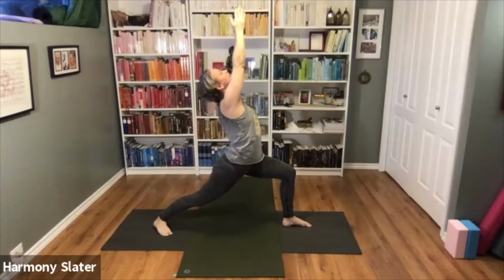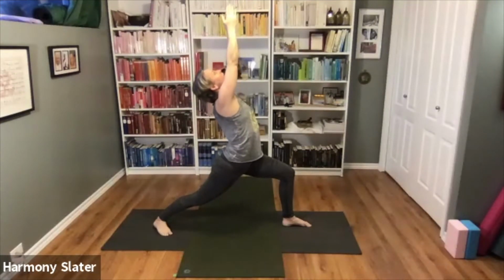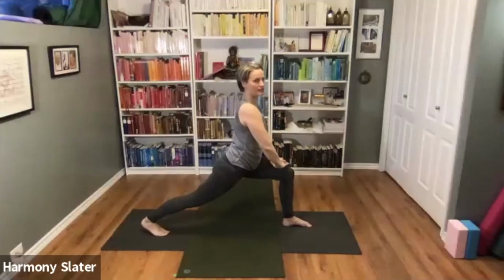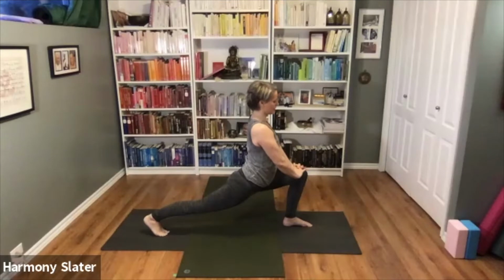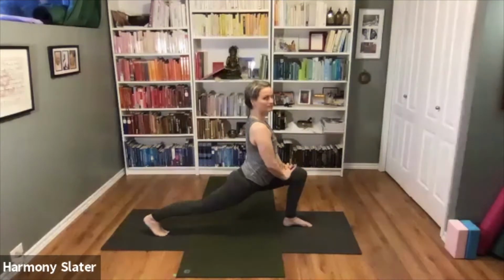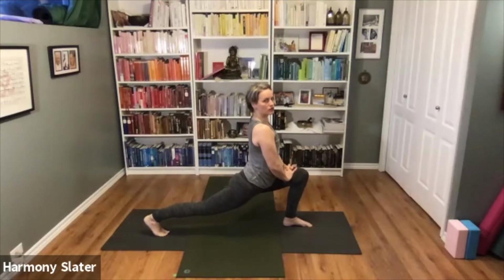3, 4, 5. And then lifting the heel, coming into a little deeper lunge, holding here. 1, 2, 3, strong back leg. 4,